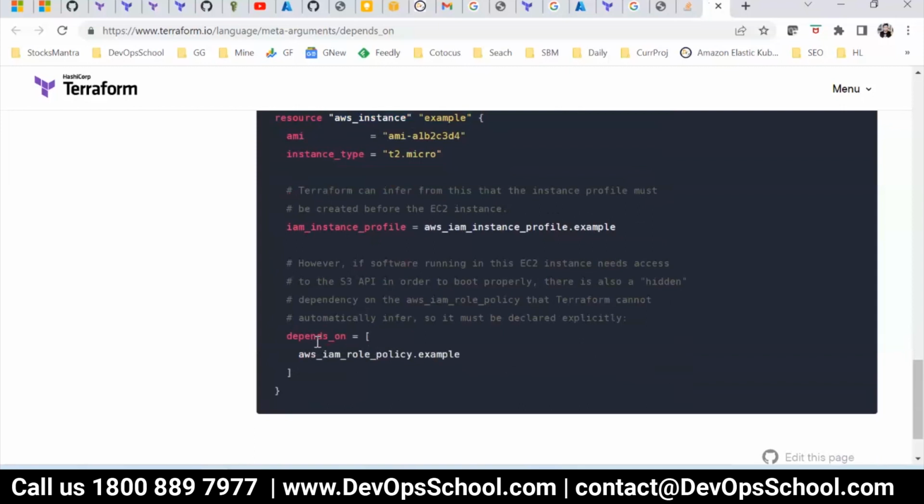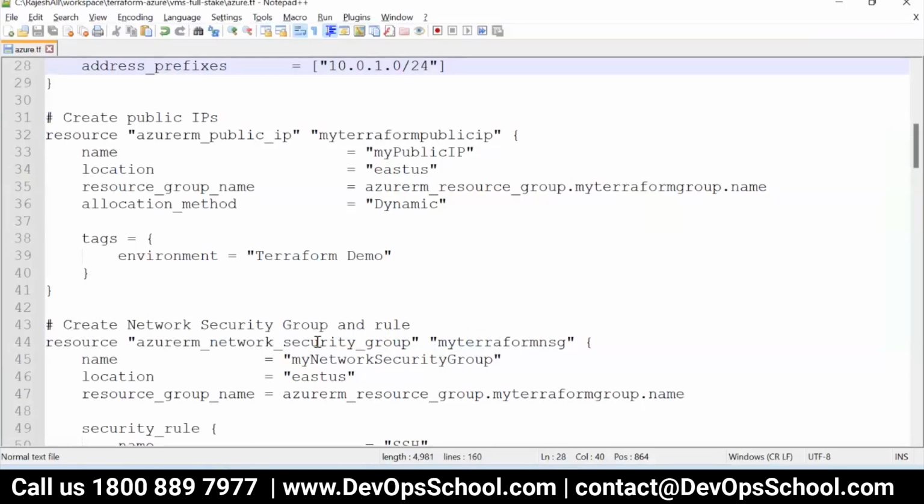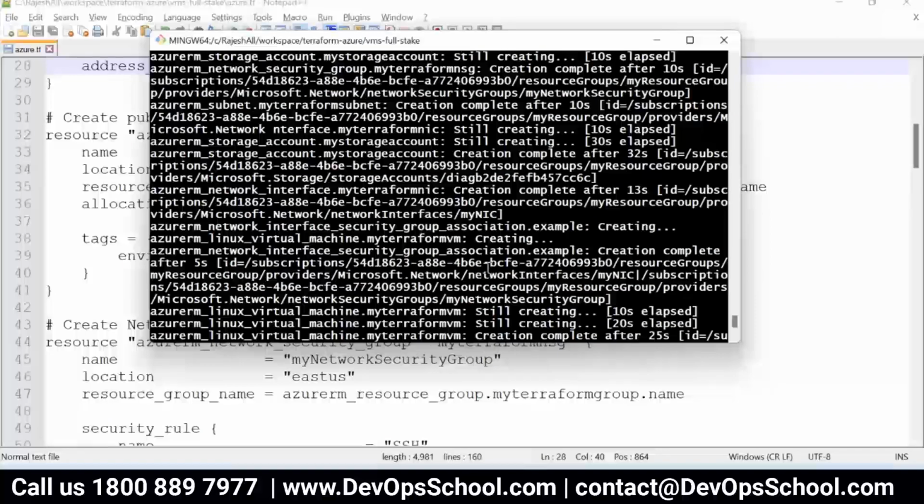So two attributes I taught you so far. Please remember, there's one attribute which I said for count. There's another attribute which I said depends_on. This you can use irrespective of any provider. That means with any resources you can use it. Please remember that. Will you remember that, all of you? Yeah. So now, guys,